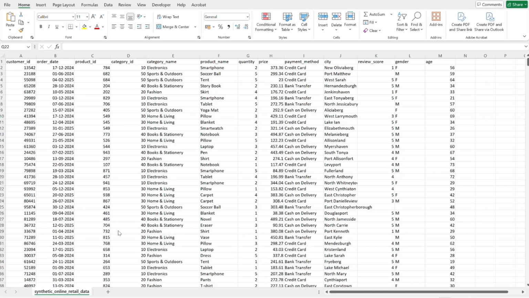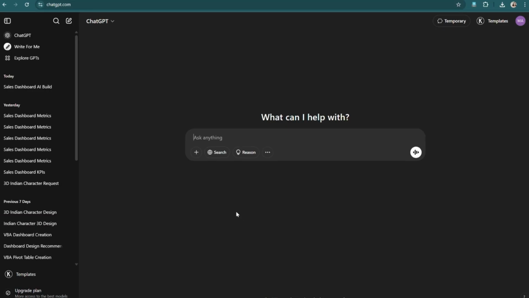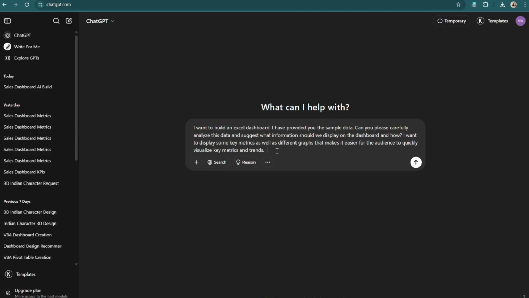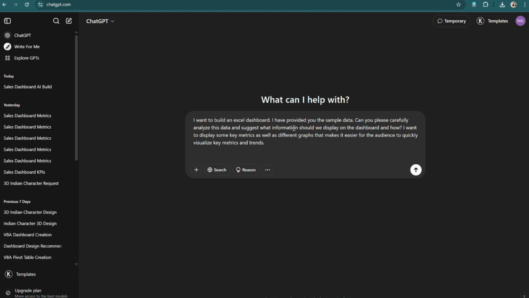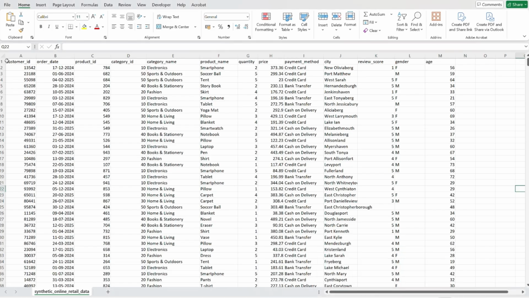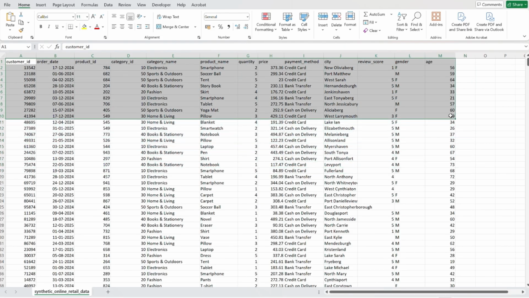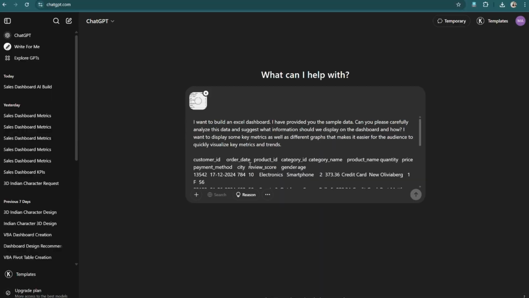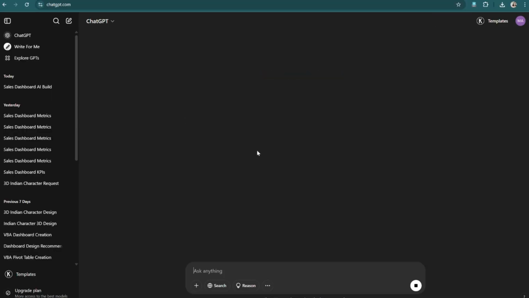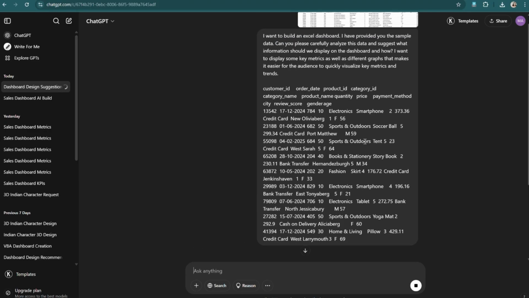Guys, you can also ask ChatGPT to give you the KPIs and analyze this dataset. So basically, you can just give a basic prompt, something like this. I'll just mention this prompt in the description box, from where you can just copy the prompt, and you have to provide some sample data so that ChatGPT can analyze your data here. So I'm just giving some 5 to 10 columns. Let's say 10 rows I'm giving over here. So this is my sample data and I have given it. So it will give you the KPIs that you can display on the dashboard.